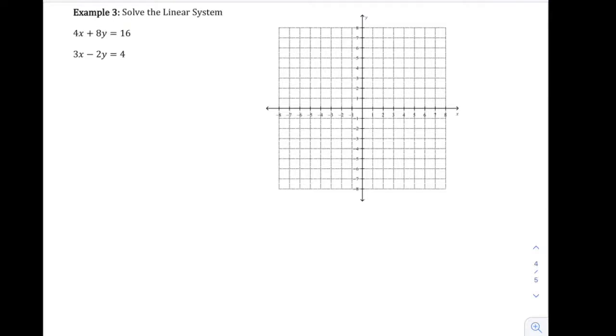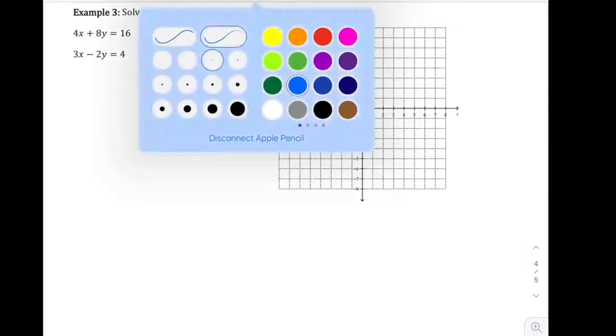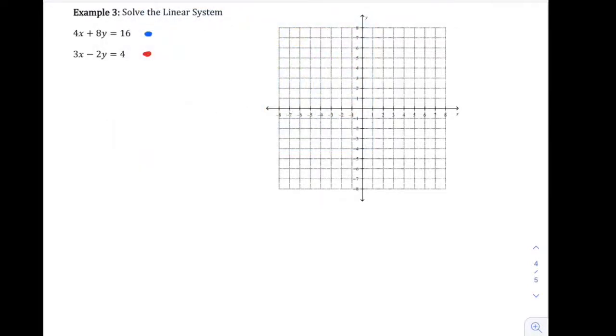So you notice that they're getting a little bit harder as we go along. We've made it so that you start with easy ones and things get a little more difficult as we go along, but we follow the same process. So I'm going to go about graphing this one. Sometimes what you can do is decide on a color for each of them. So the first one I'm going to pick blue, second one we'll use red, and we'll see where they intersect. So this first one,